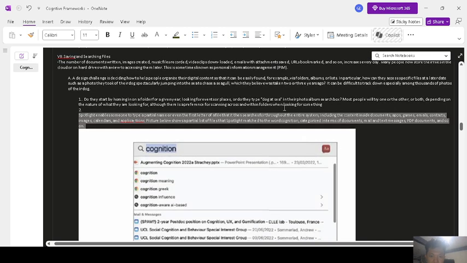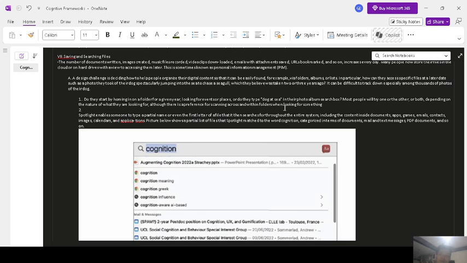Spotlight. So basically, people become used to searching for files. So whenever they want to search for their files, they use folders, even though that's not the most efficient way to search.